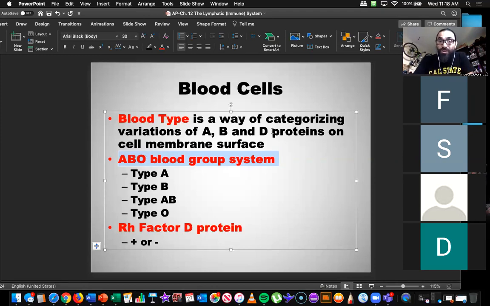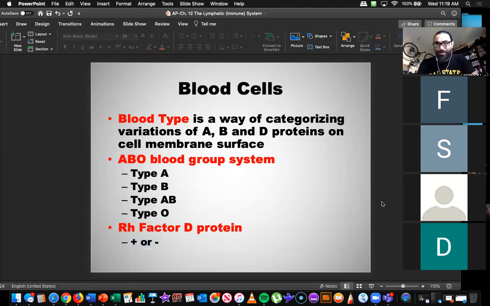The other surface protein is called the D, and the D is what gives you that whole positive or negative. Scarlett, do you know if you're a type A positive or type A negative? I think I'm positive. Okay, what the D indicates is another protein. It doesn't say positive or negative on the surface, it's just another variation of it, and so we just call them positive or negative. I happen to be O negative. Again, it has to do with compatibility. That's what we use the red blood cell for, to indicate blood type. So anyway, that's pretty cool about red blood cells.